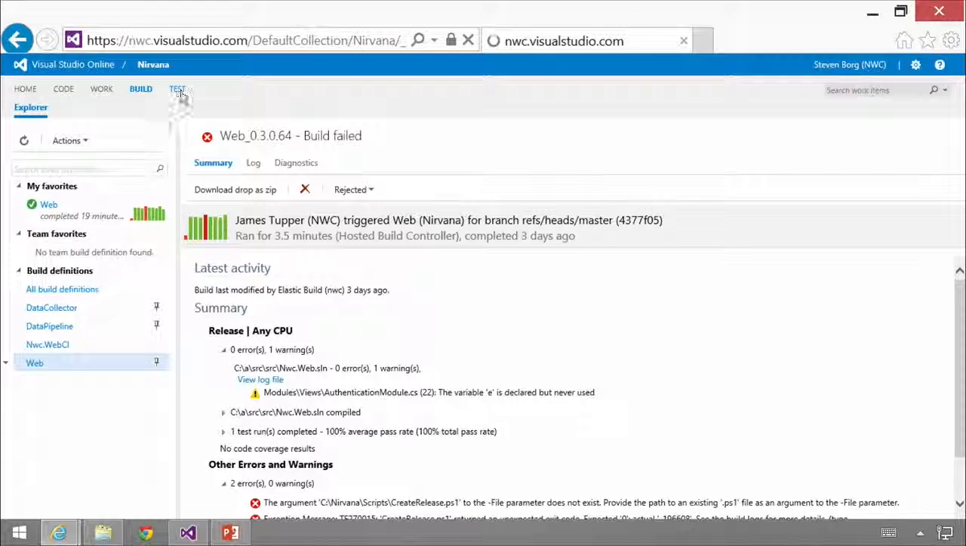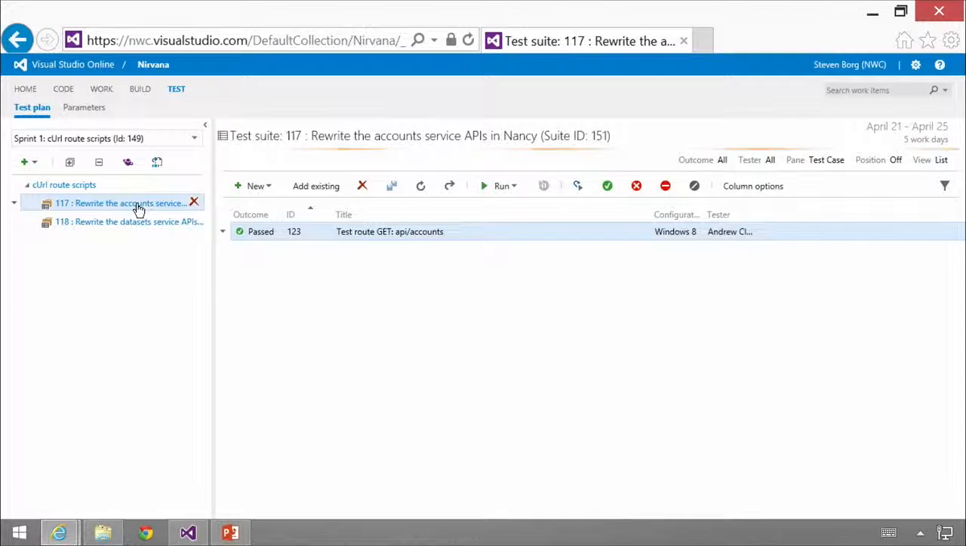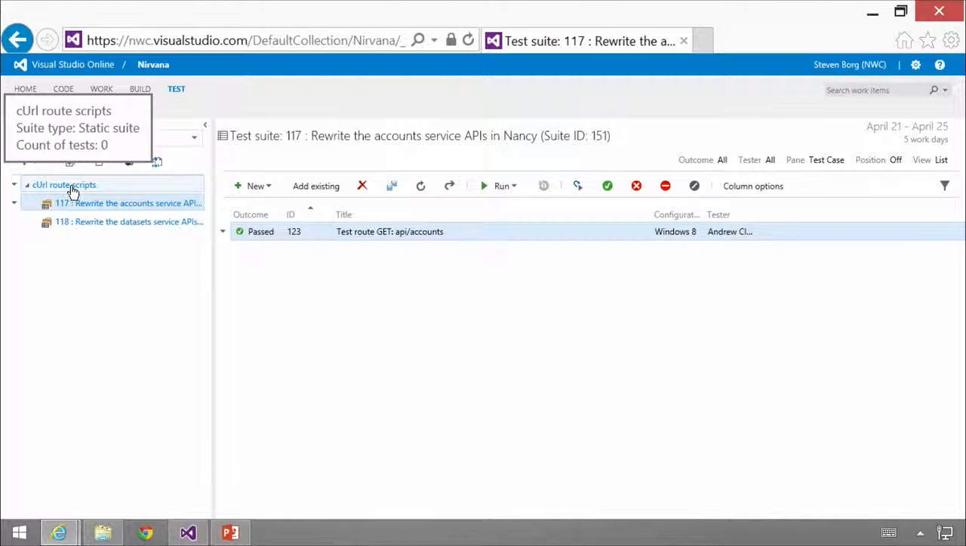And if you jump over to test, you can see that we can create test plans and decompose them into test cases, and those test cases can have test steps that help us execute our tests. Now, in this particular test plan, I've got a suite of tests called curl route scripts, and these are just ways that we're testing out some of the routes. And they're manual tests, and I can run these manual tests